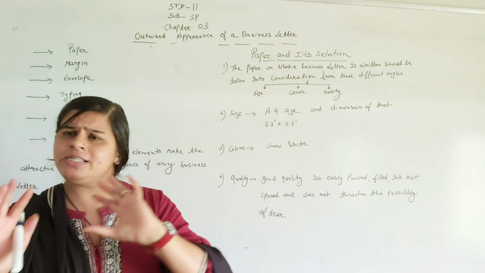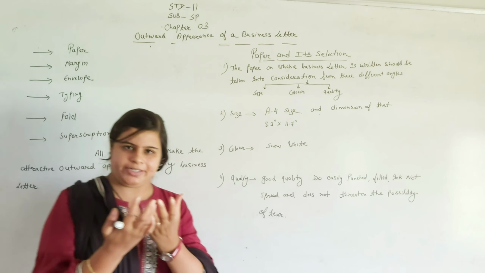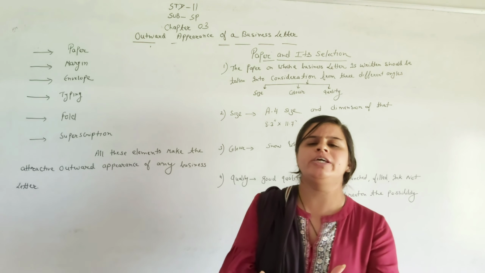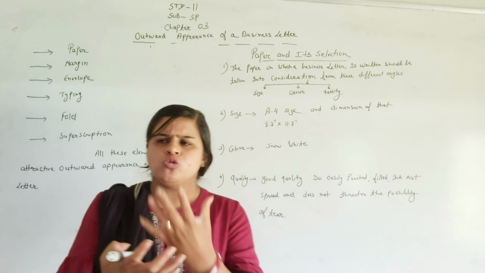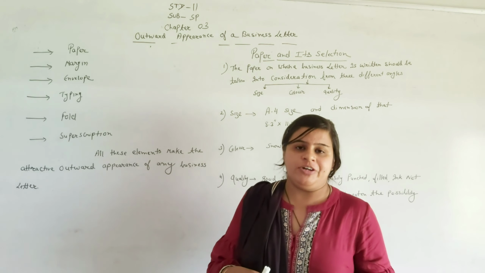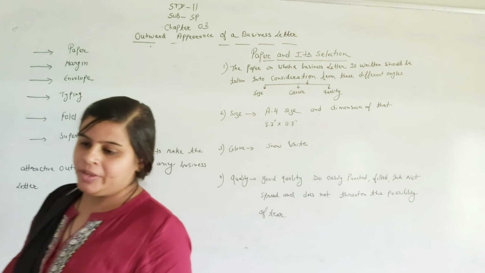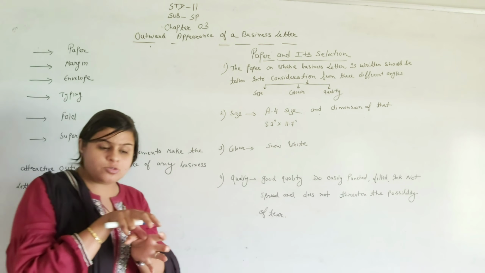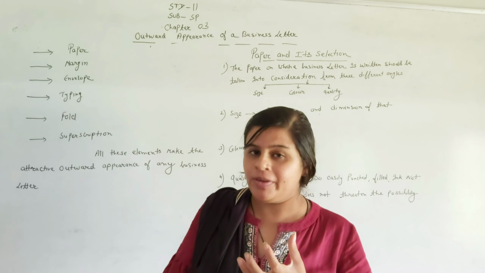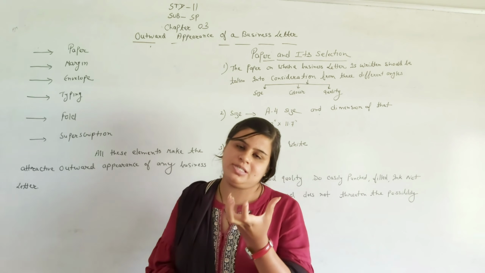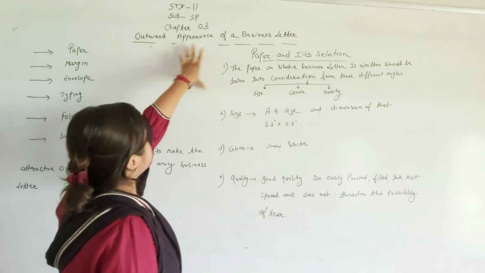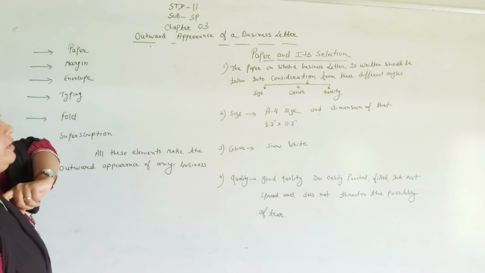Outward appearance always you can say should be attractive. कोई भी जो आप either when we talk about the item, either when we talk about the letter, उसका outward appearance एक interest create करता है, develop the interest among the receiver. When we talk about the letter, so similar of the items also, it is also applicable on the letters. If they are very attractive form, definitely they attract the receiver or the reader. So outward appearance of a business letter is the name of chapter.